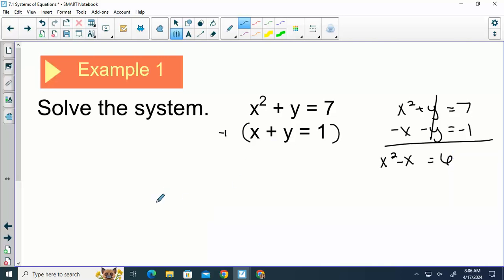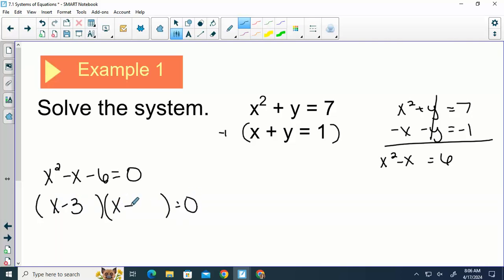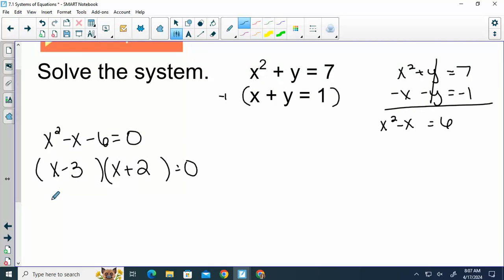Quadratics, we always set equal to 0, so we have x squared minus x minus 6 equals 0. Then how would that factor? So if x minus 3 equals 0, and if x plus 2 equals 0,